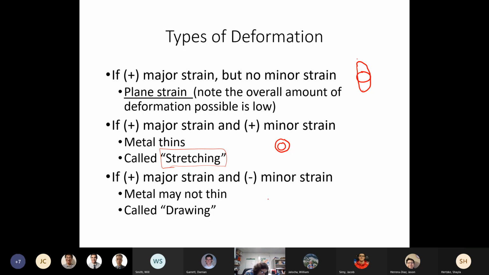If we see that we have the positive major strain and negative minor strain, then the material may not fit. And we refer to this as drawing, and there's no L in there. So if we say that we prefer drawing over stretching, that basically refers to the type of deformation that we have. Okay,